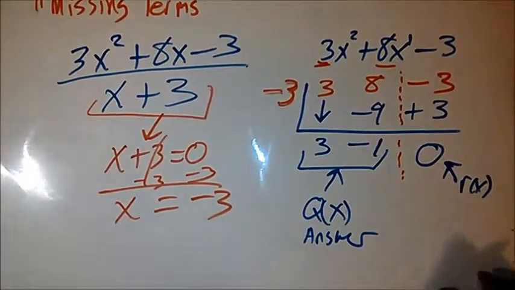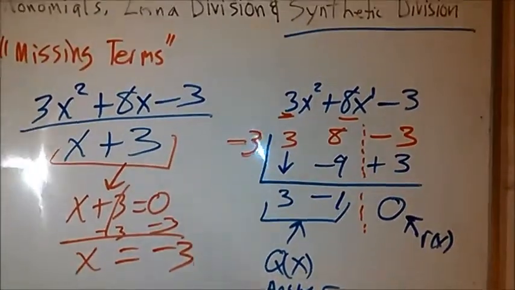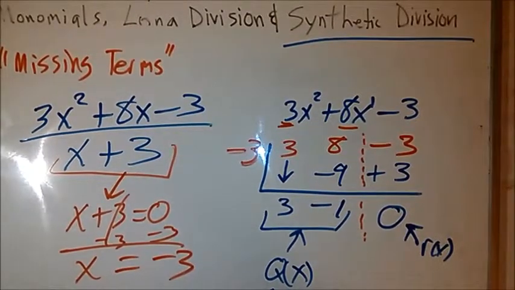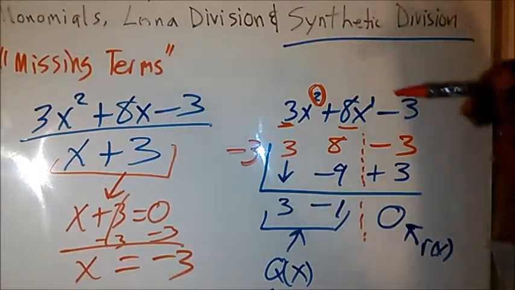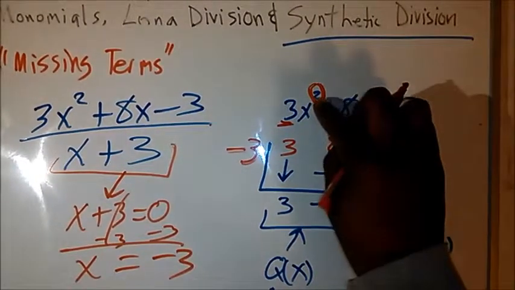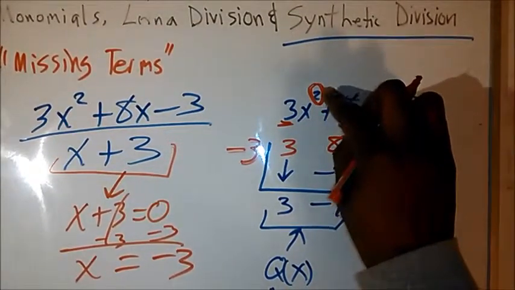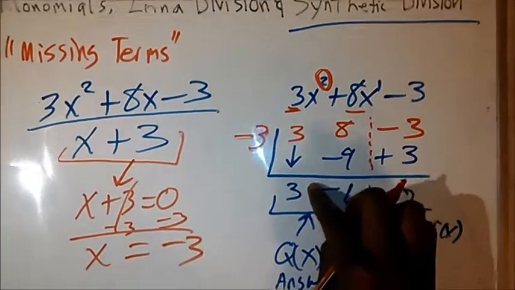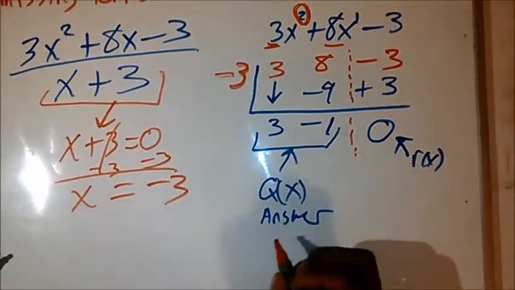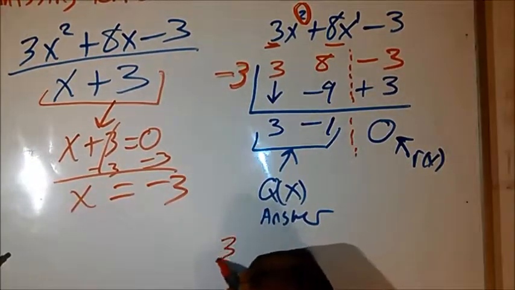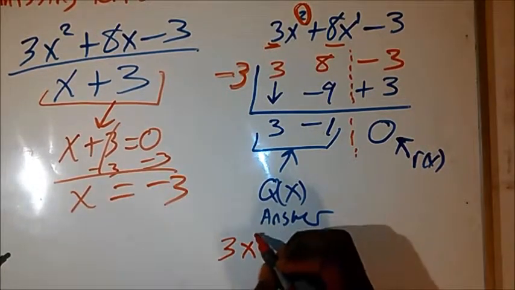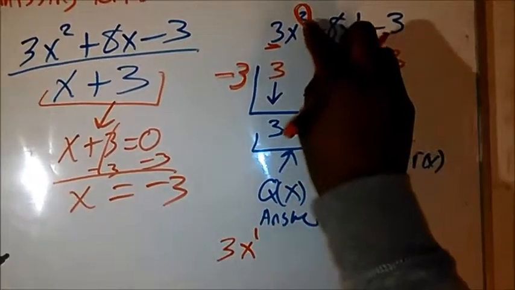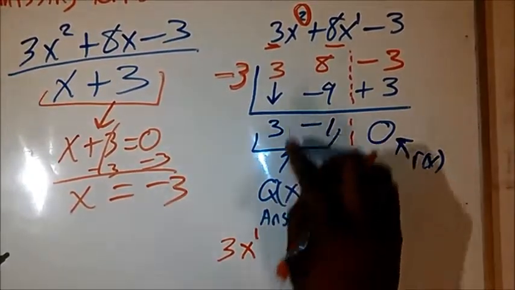Right? And how do we write it? Well, we look at our dividend and what we divided by, and we notice that it was squared. So we divide it down. So here's how we write it. We're going to take this, and it's going to be 3x. It wouldn't be squared. It was 2, but now it's going to be 1. So 3x to the 1